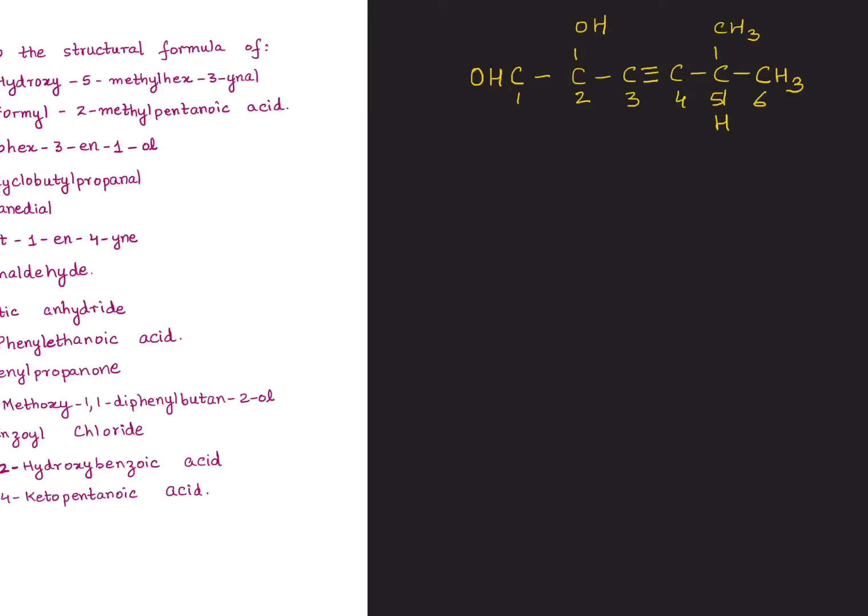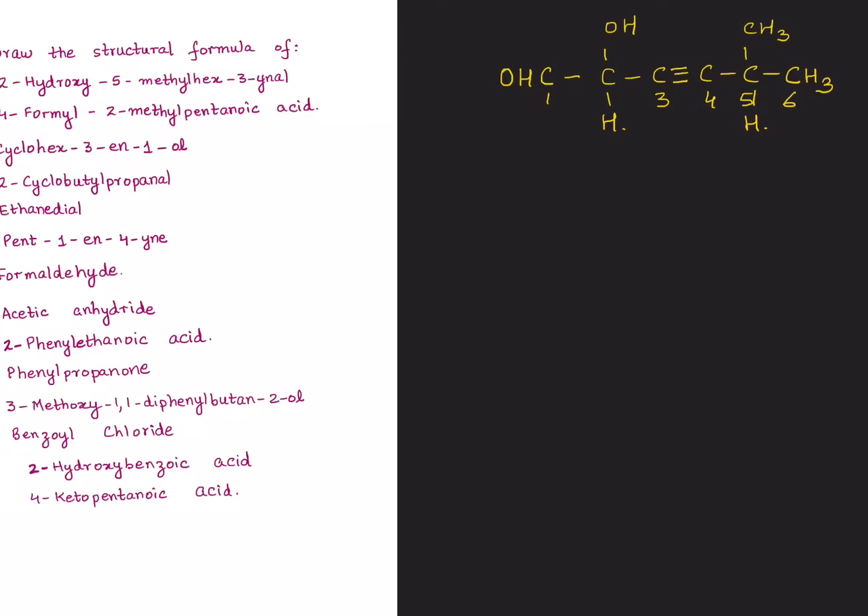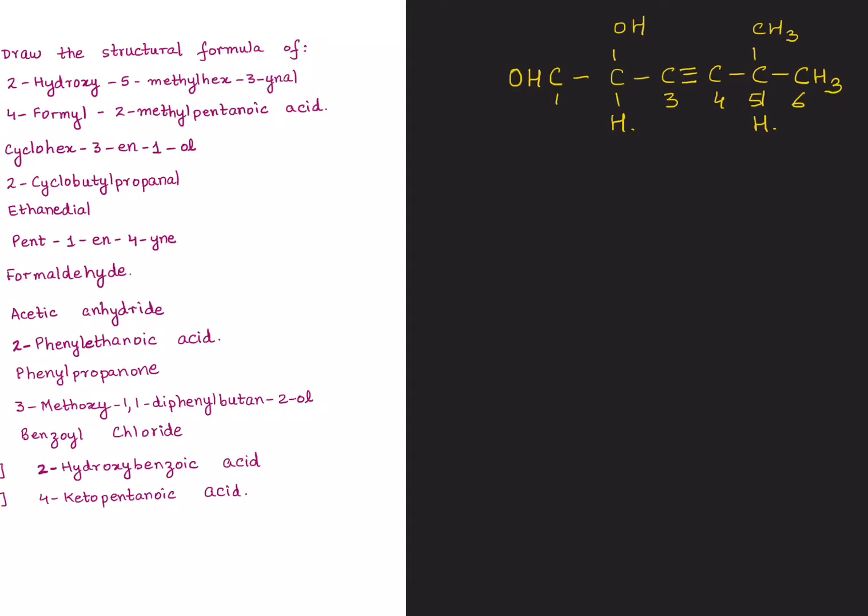So I have another hydrogen here. The carbon number 4 has 3 bonds here and 1 bond here, completely satisfied. Carbon number 3, 3 and 4. Carbon number 2, 1, 2, 3, and I need to put 1 more hydrogen over here, and that's it. Our structure is complete. Yes, writing the structural formula is a bit easier. Go ahead, try the next one.